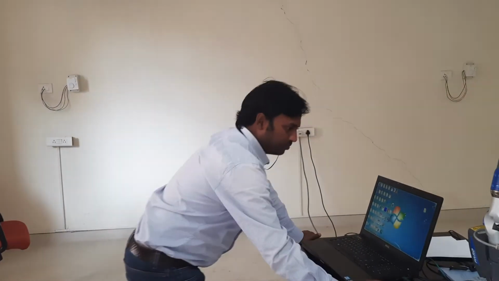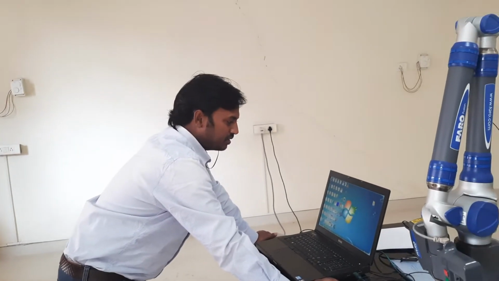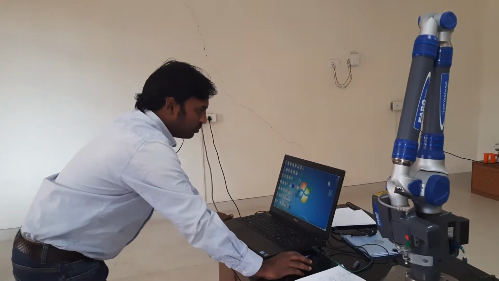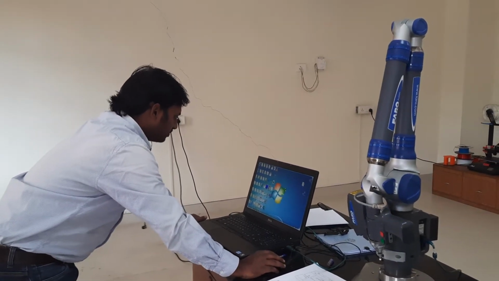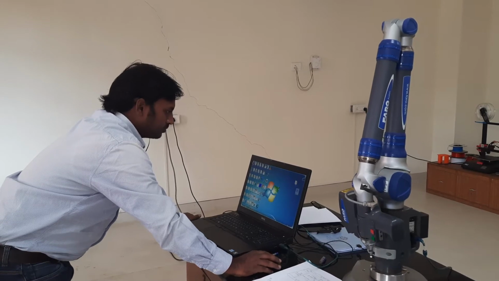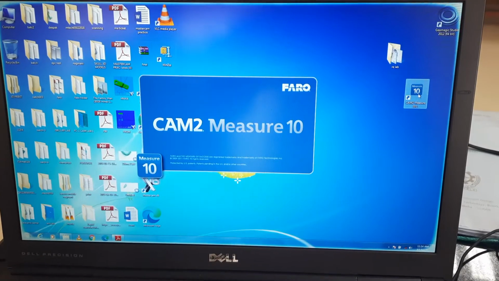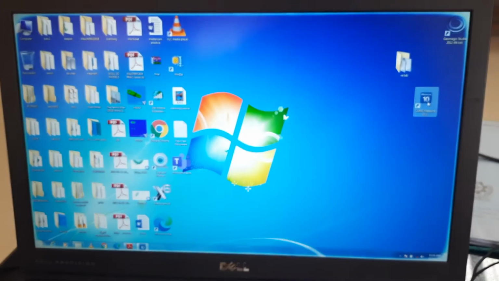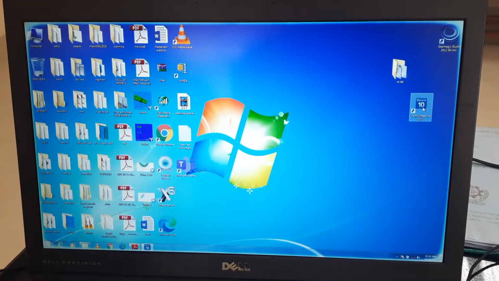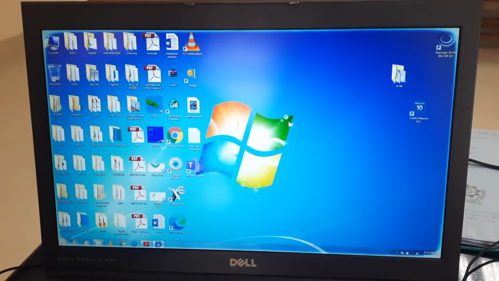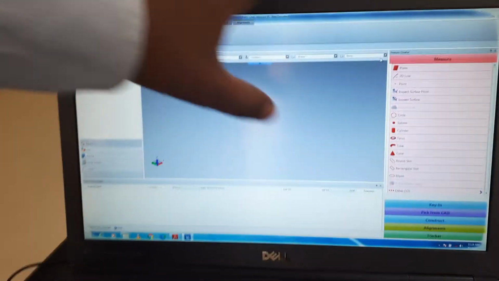For this touch probe measurement system, we will use the software CAM2 Measure 10.1. Let's open the software. See, the software is opened.